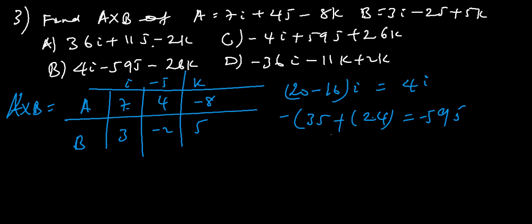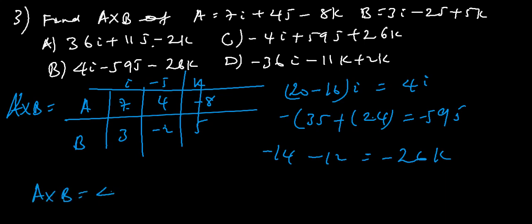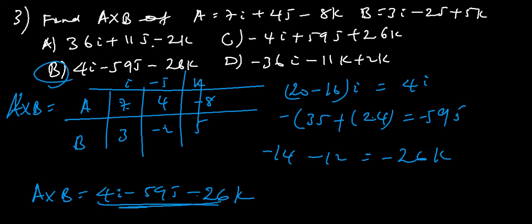along j k ስንሰራ this times this negative 14 minus 12 negative 26 along k ስለዚህ a cross b ምንድነው የሚሆነው 4i minus 59j minus 26k ማለት ነው this is the answer